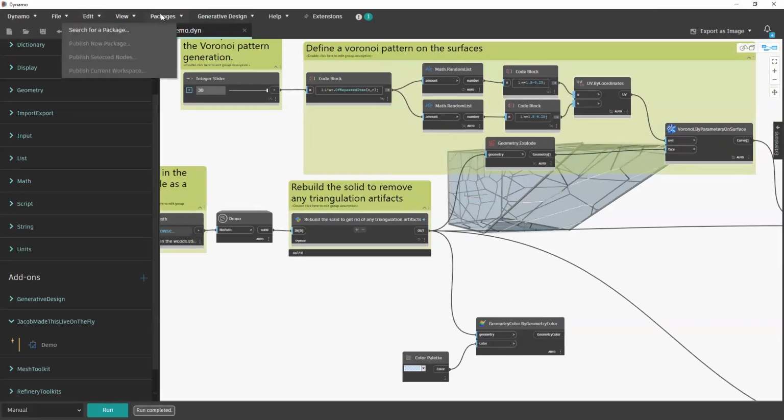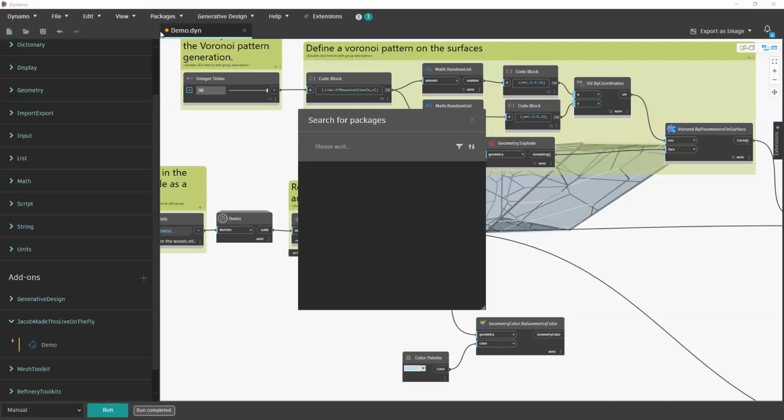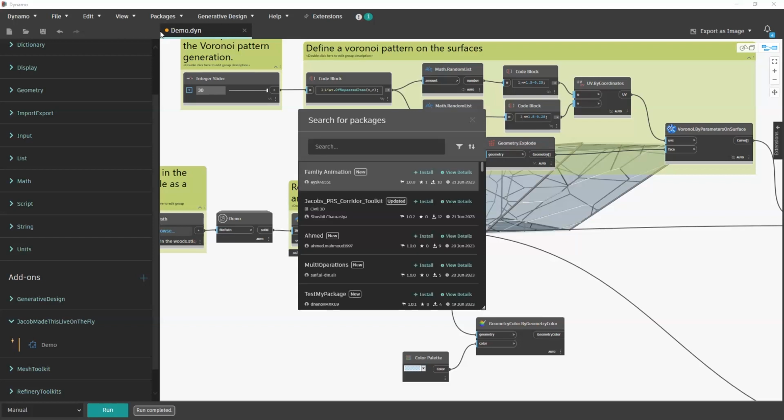But just to cover that, to get to package manager, we could go into packages and then search for a package, and you can grab all the different content that is up there. This is another web request, so we're gonna hope that this doesn't knock my computer offline with the concurrent use of Zoom, but we'll see here. But yeah, it can take a minute or two to just get stuff pulled in, but once it's there, we can